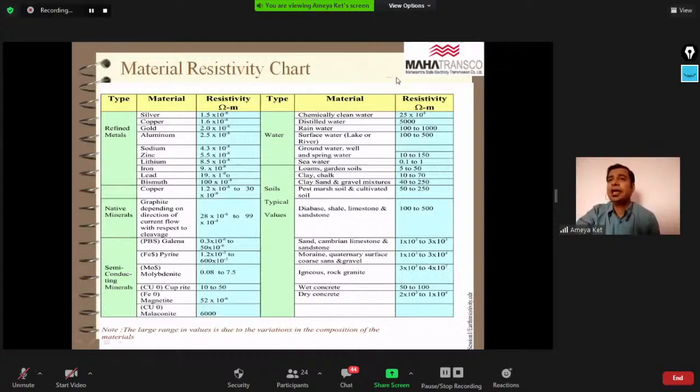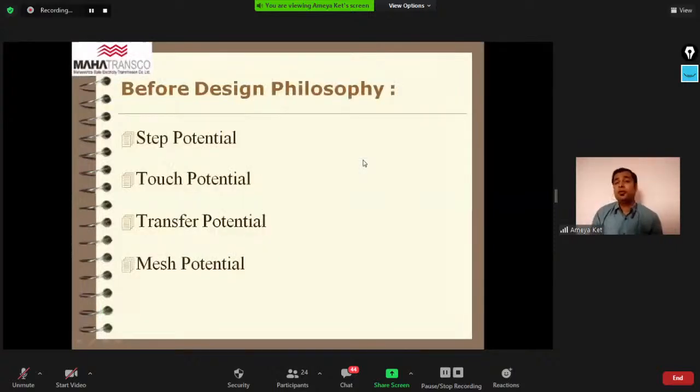Now we will move ahead again. Now we are coming to the design philosophy. Before going to design, we need to be aware of these 4 potentials. What are these 4 potentials? First one is step potential, second is touch potential, third is transfer potential, and fourth is mesh potential. These potentials, we need to maintain in balance in such a way that the earthing design will be